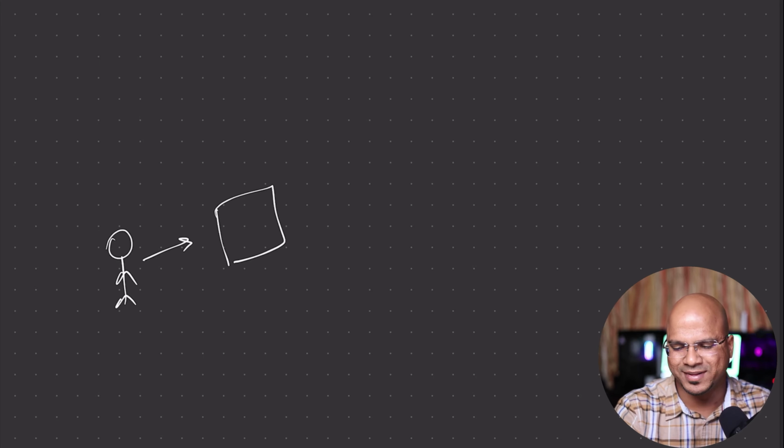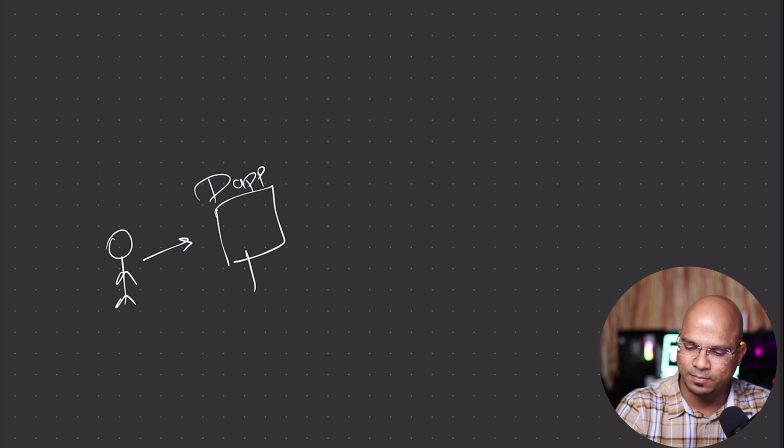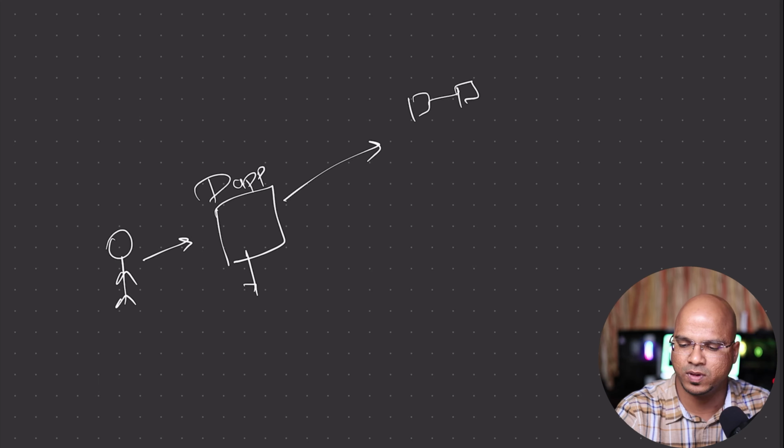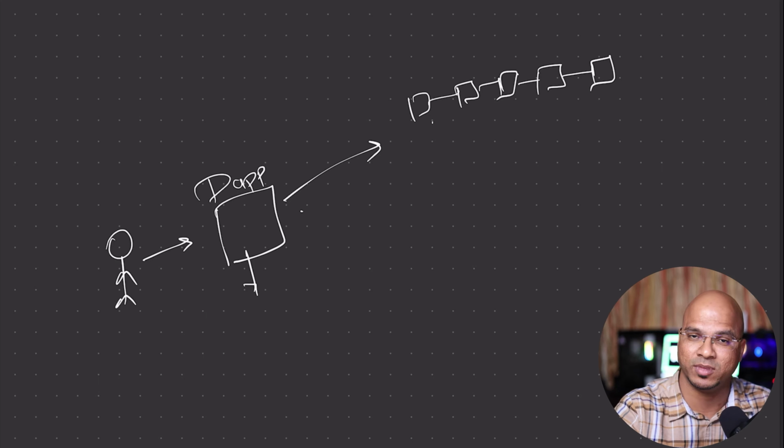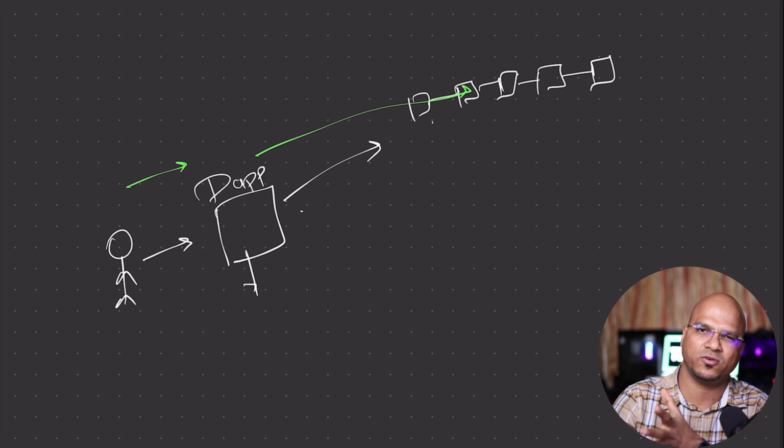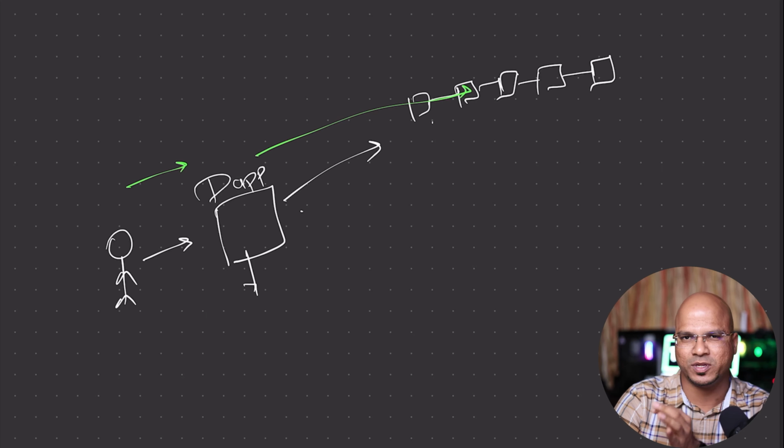See, the problem is as a developer or maybe as a consumer, let's say we have a user here and this user wants to access a web app. So normally when you talk about an app in the world of blockchain, we call them a dApp. So as a dApp developer, it is your job to connect to the particular blockchain, let's say this is a blockchain, and fetch the data. So of course, you can't actually search for this data at runtime. For example, if a user fires a query, the user wants to search for a particular thing, and this dApp will search in a blockchain, it will take a huge amount of time. We don't want to waste that time, right? We want it to be done instantly.